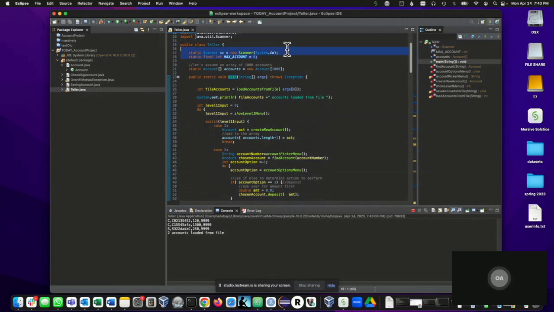So you have your scanner there, you have the Max account and all that stuff. The first thing I did here is, again, we're using arrays here, not array lists or any of those collections that are dynamic, that can grow and shrink as you need. So what I decided to do was declare a very large array, an array of 1,000 elements. We are never going to create that many accounts, but